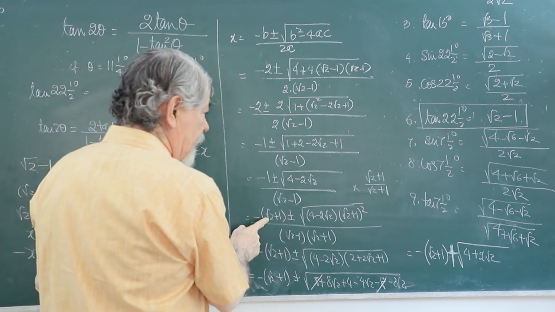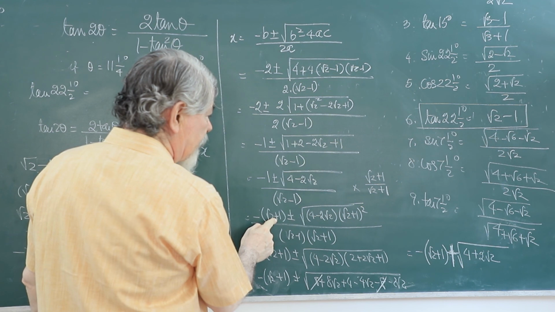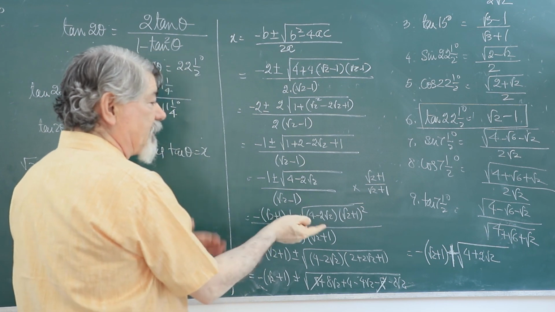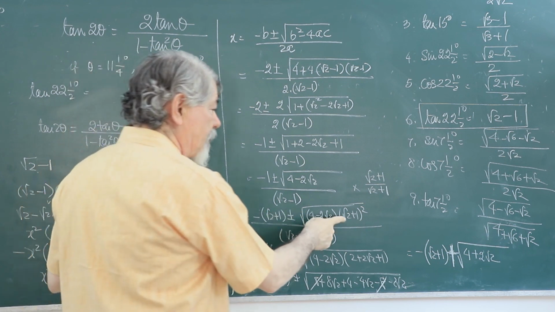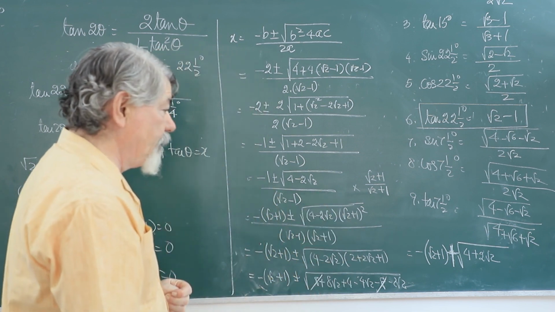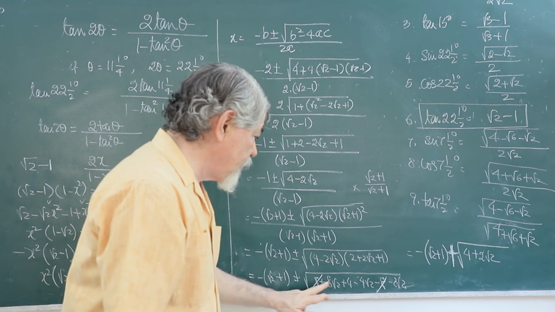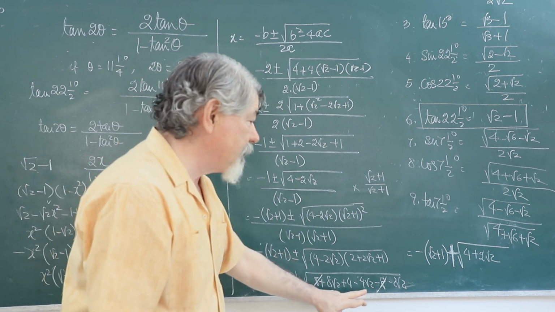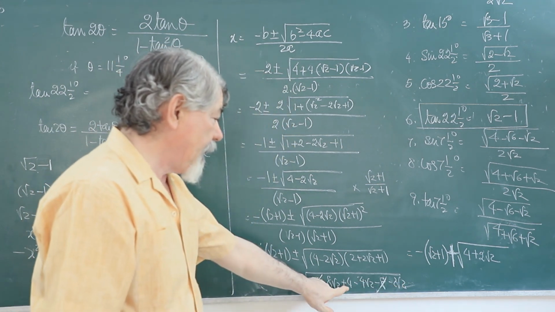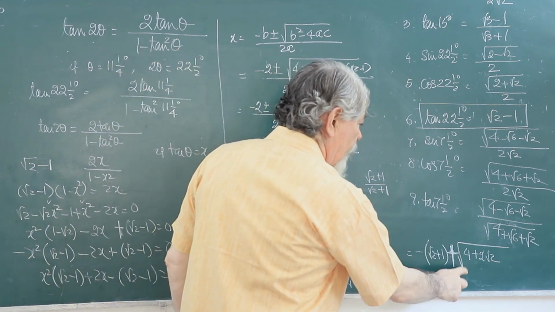Now root 2 plus 1 will multiply with minus 1, so minus 1 minus root 2 plus 1. When I take it inside the under root, it will become a square. Obviously it is outside, so when I take it inside, it will become a square. We calculate the square, multiply them, and finally what do we get? 4 minus 2 root 2, this you get. You multiply, certain terms will cancel. 8 root 2, 2, 4 root 2, 2 root 2 will combine and 4 will be there. So it becomes minus root 2 plus 1 plus 4 plus 2 root 2.